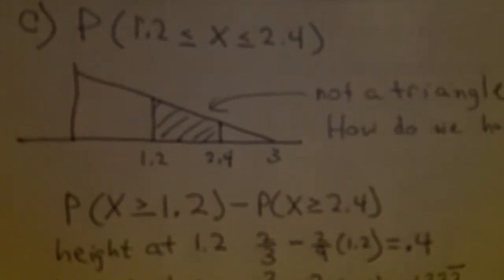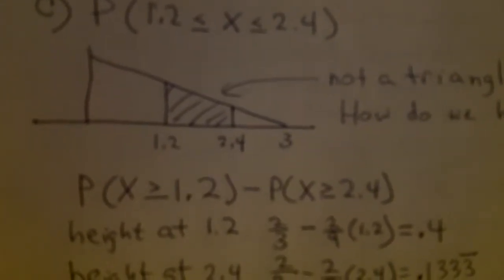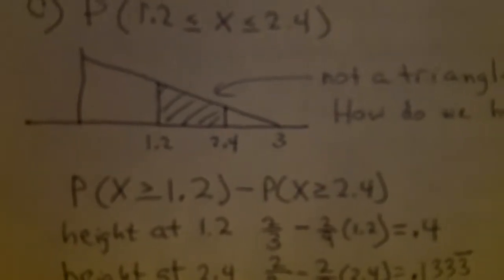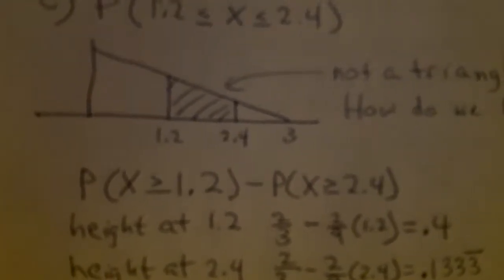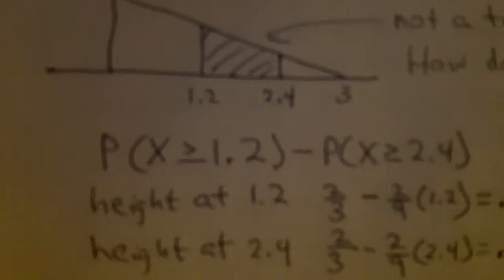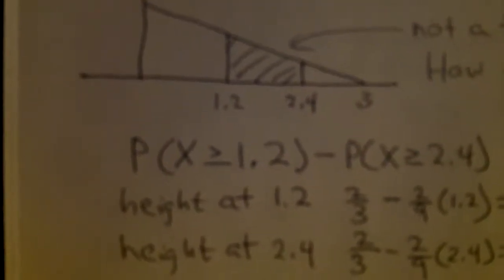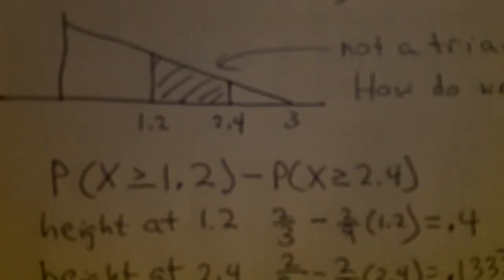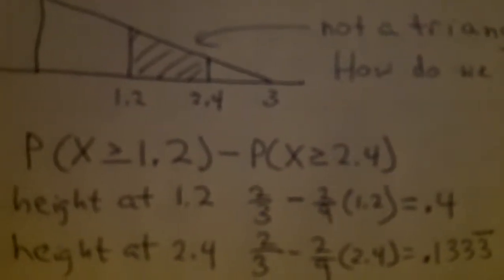So what we're going to do is calculate the area of that triangle, the shaded region plus the unshaded region, and then we're going to subtract out the area corresponding to the unshaded region on the right, and that'll give us the area that we want. So that is effectively the probability that x is greater than or equal to 1.2. That's for 1.2 out to 3. And then subtract out the area to the right of 2.4, the probability that x is greater than or equal